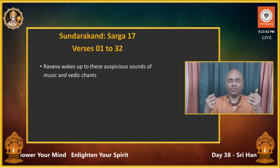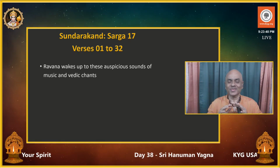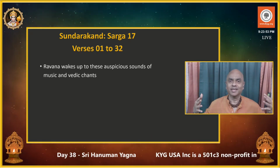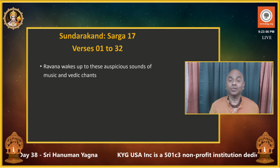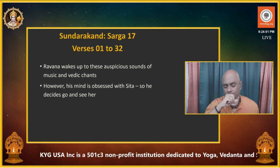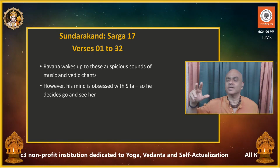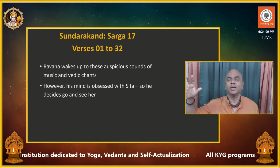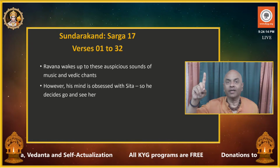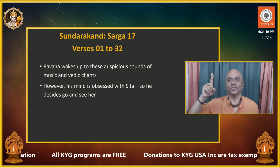In other words, we sleep with all our possessions safe. We lock the door and make sure everything is safe, and then we go to sleep. So Ravana also sleeps with all of his jewels on him. That is how Valmiki describes it, and we have to understand that. But when he wakes up, what is the first thought in his mind? When he wakes up, is he saying, oh, beautiful Vedic chants and lovely auspicious music, let me meditate? No, he wakes up, his mind is obsessed with the physicality of Sita. And so he wakes up and says, Sita, wow,